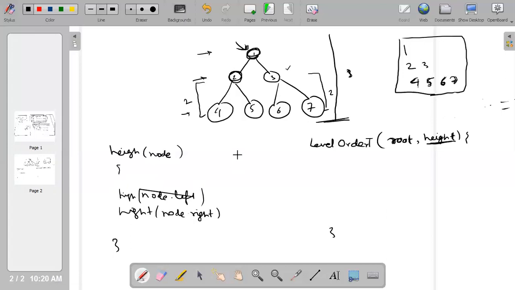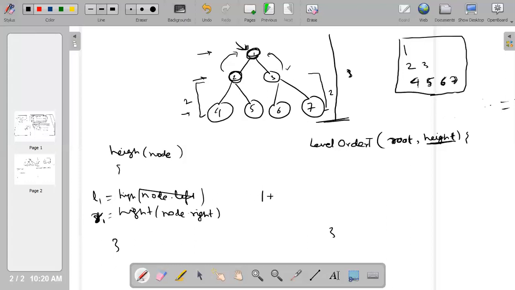My hypothesis is, if I know the height of the left child and the height of the right child, plus 1, I get this height. This side also plus 1 to get this height. Let's say this is L1 and this is R1.